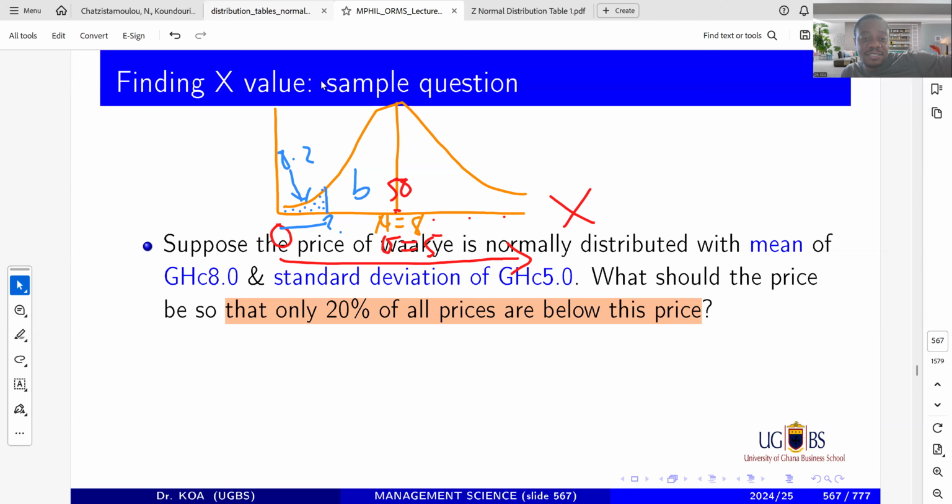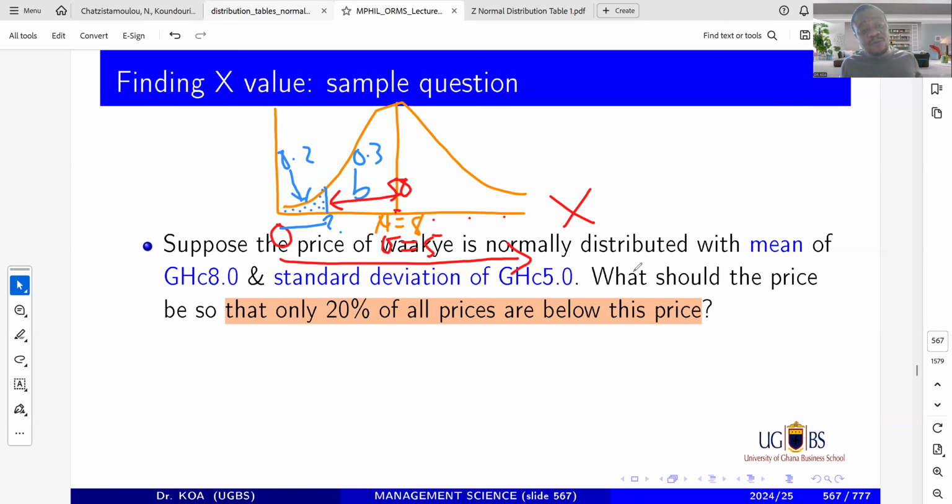That's it. Excellent. Terence, Newton, Solomon, and Diana. It's 30%. And so now that I know that this is 30%, which one will I take? Will I take the 20% or 30%? You have to take the 30%. Why? The reason why you have to take the 0.3 is because I told you that whenever we were doing normal reading, we will normally start from the center and go through this one before we find the area. So the fact that he has given us the 0.2, it doesn't mean that's exactly what you are looking for.